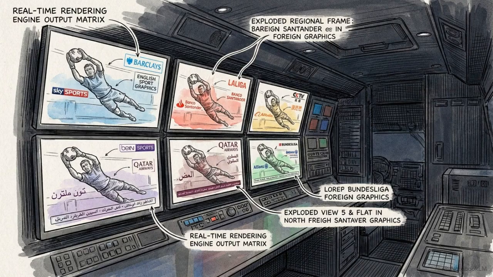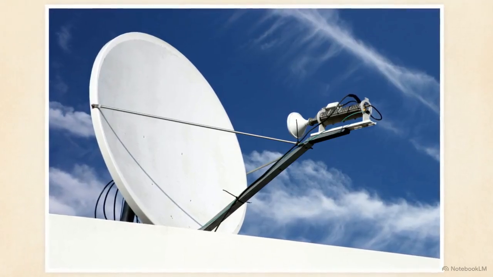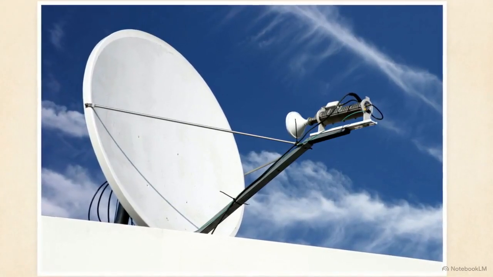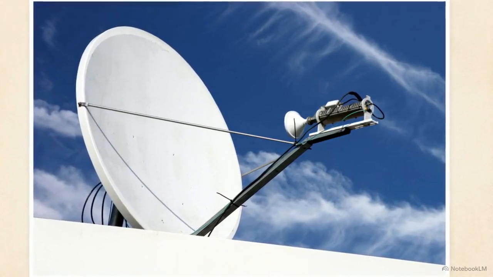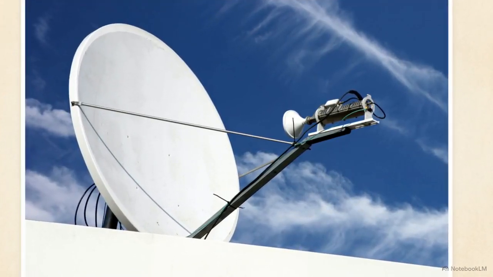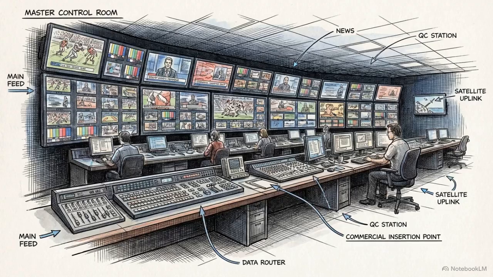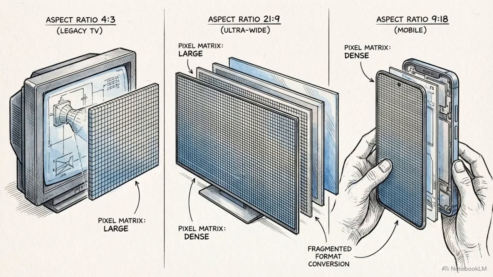markets. Once finalized, the signal embarks on the backhaul phase, utilizing dedicated dark fiber lines or geostationary satellites to transmit video out of the stadium. This transmission lands at the master control room, the network's central hub responsible for quality control and the insertion of national commercial breaks. At the MCR, operators face the challenge of format conversion due to the fragmented nature of consumer